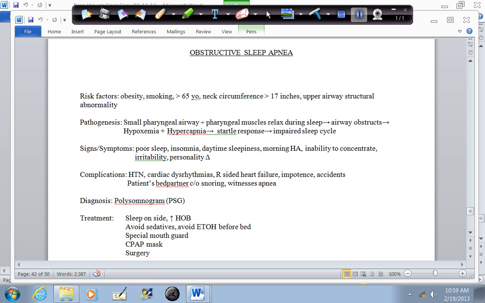Avoid sedatives, because sedatives and alcohol tend to relax the airways too much. So avoid alcohol before bed as well. A special mouth guard. The CPAP mask, which I don't have a picture of, but you may